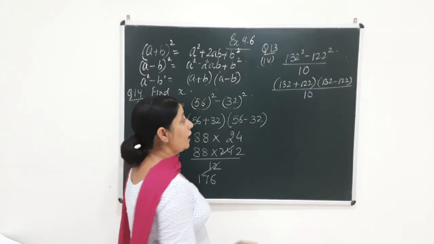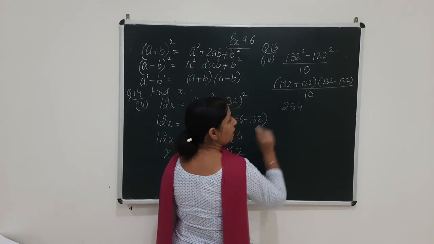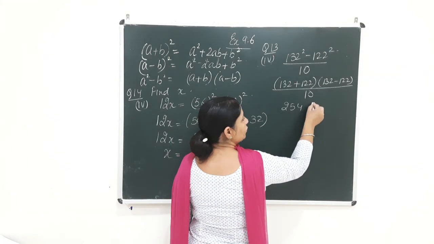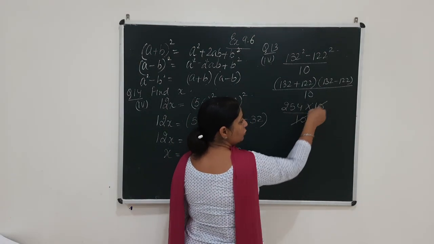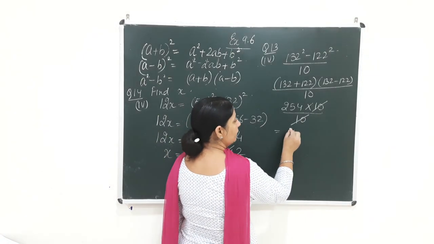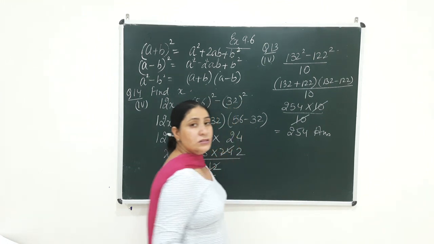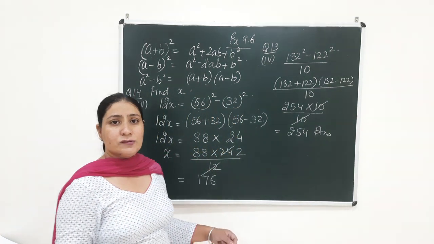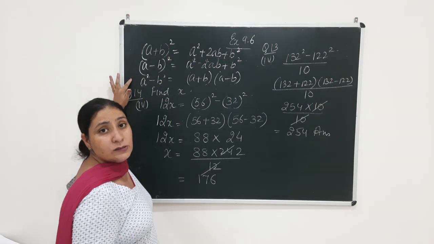So beta, when you add, what do you get here? You get 254 in the first bracket, right? And when you subtract it, you will get 10. And again you have 10 in the denominator, so 10 and 10 get cancelled and you will be left with 254. So beta, the whole exercise that we have solved, 9.6 exercise, is based upon only these formulas: